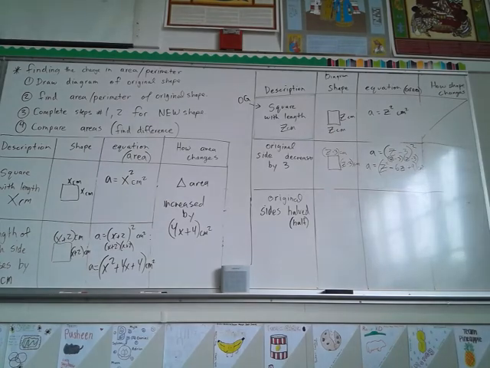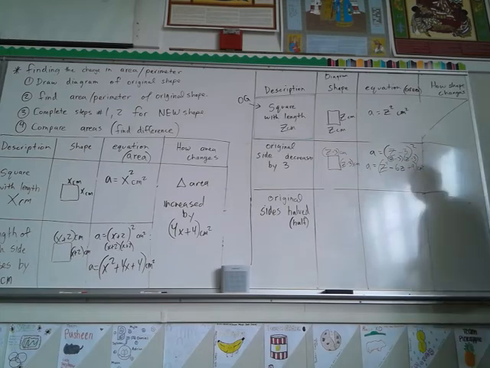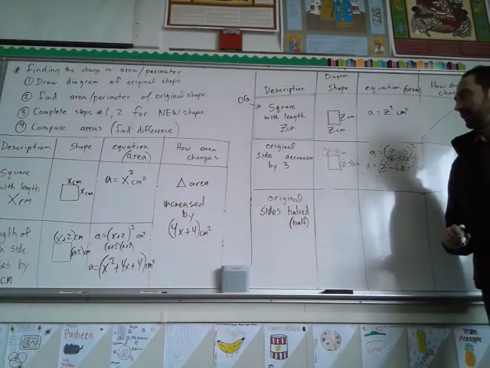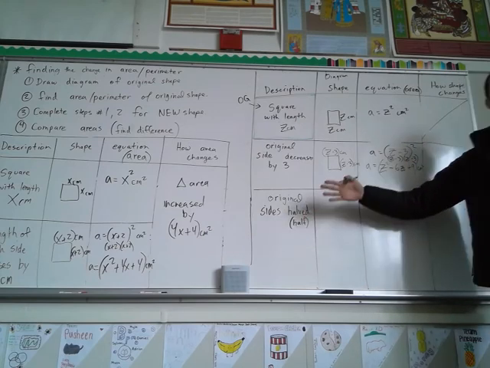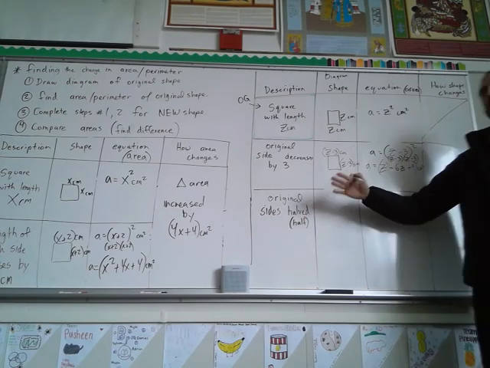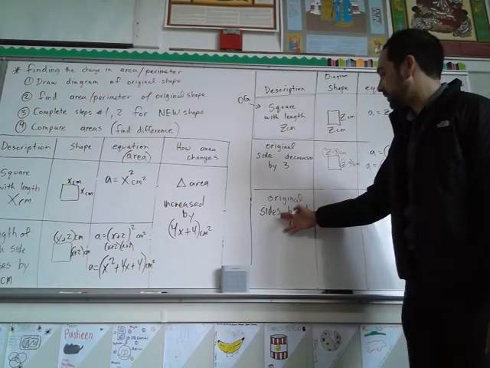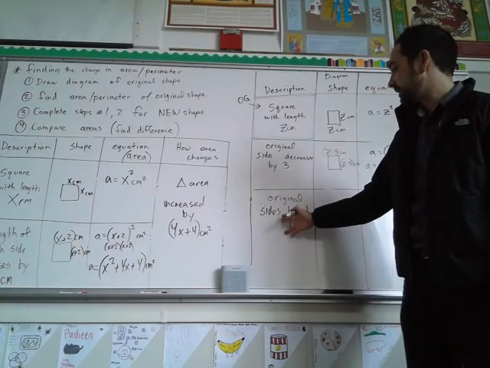Okay. This is just another example. Instead of just adding or subtracting some length to the sides, here we're going to take the original. Original sides are halved. So talking about half. So if it's halved,